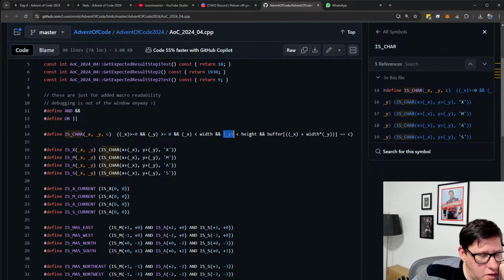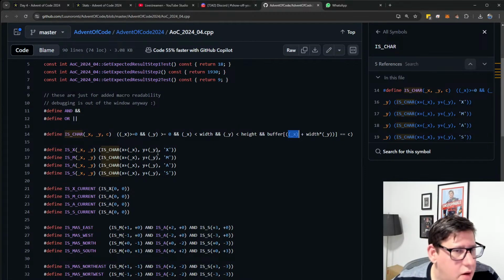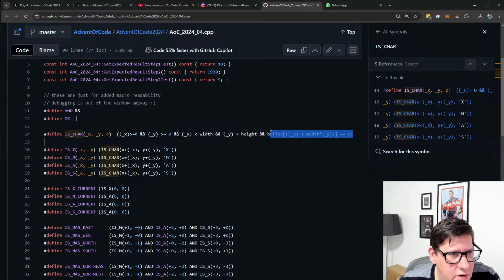So this will be the row, I assume. Yeah, let's try there. Sure. Yeah, okay, so this is what you're trying to look at. So row, col, and expected character. So this is a bounds check. This is the character lookup, and to make sure that it's